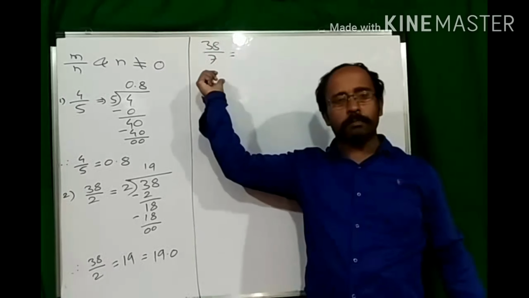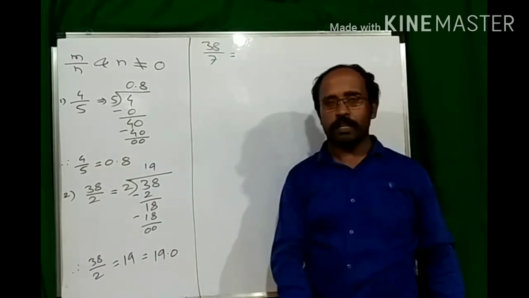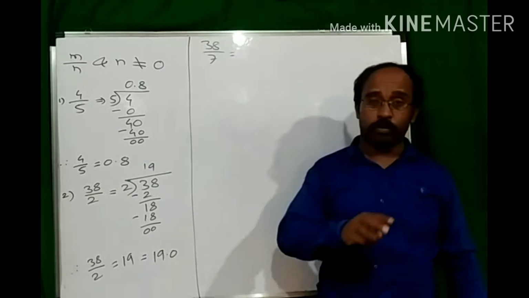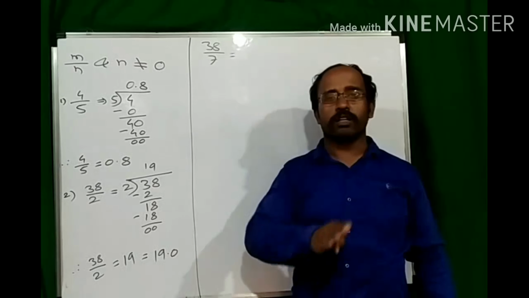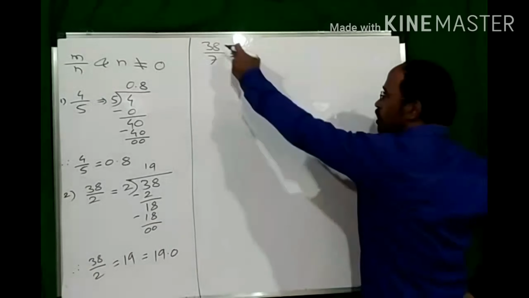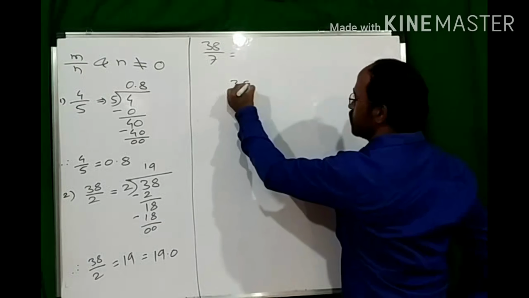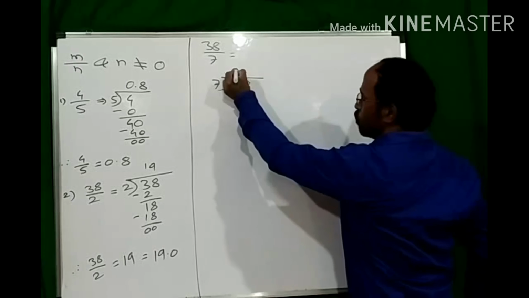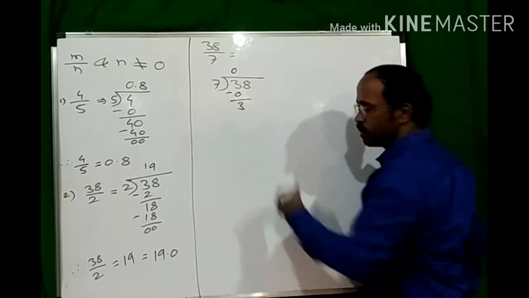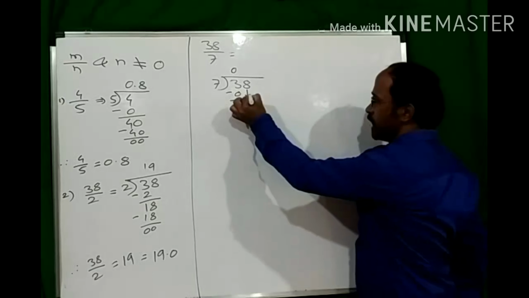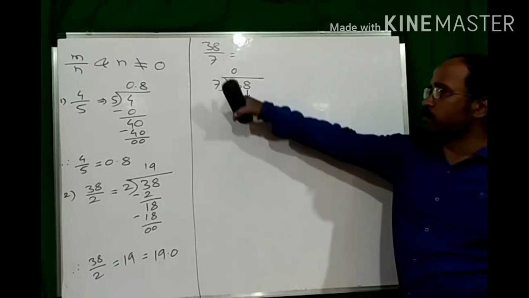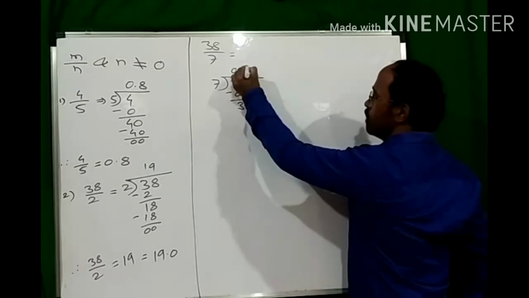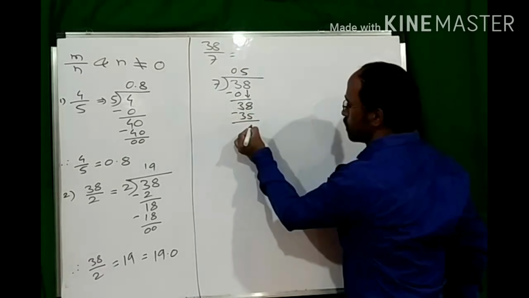Students, these examples we have also learned in our last standard. It's just a revision, a recalling of the things. Once again I am telling you, this is one of the easiest lessons. So 38 upon 7, what do we have to do? 38 divided by 7. 3 is smaller than 7, so naturally the quotient is 0, subtract 0, we get 3. Bring down the next digit, that is 38. 38 is bigger than 7, so we apply division. Quotient is 5, 7 5s are 35, minus 35. The remainder is 3.